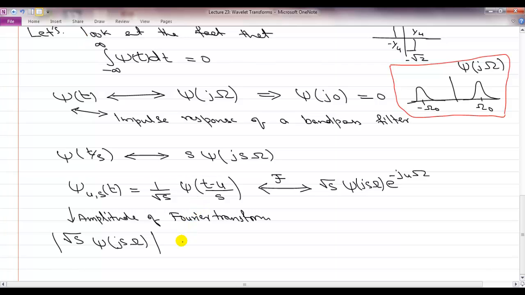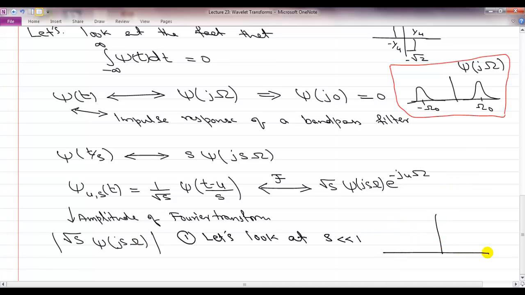So let's first look at the case of s less than 1. Okay, and actually look at s much smaller than 1. Well, in that case, what is going to happen? My Fourier transform of this psi_{u,s} is going to expand,